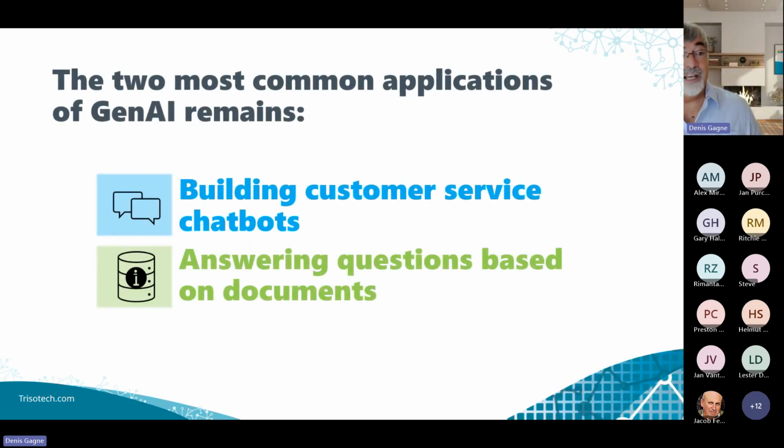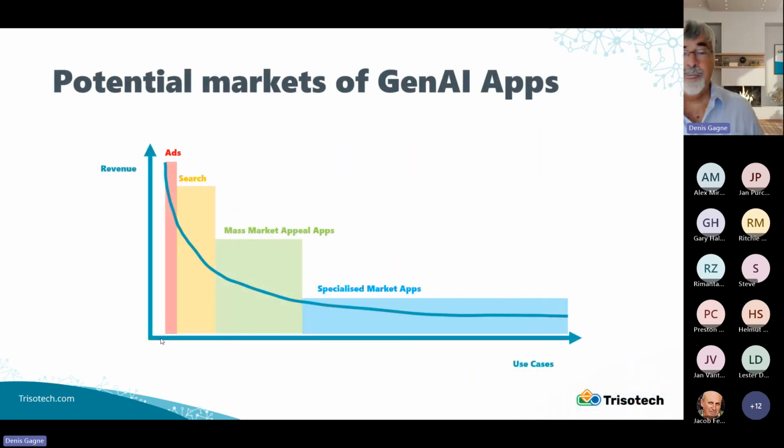Now, interestingly enough, up until today, the two main applications remain the building of customer service chatbots and answering questions based on documents. That seems to be, at least from what I'm exposed to, the two main use cases tackled by people. And something we have to be mindful of: although this is very exciting, and ChatGPT and Bing and all these tools that are coming and the power they're bringing us is very interesting, we have to look at it from a business perspective.